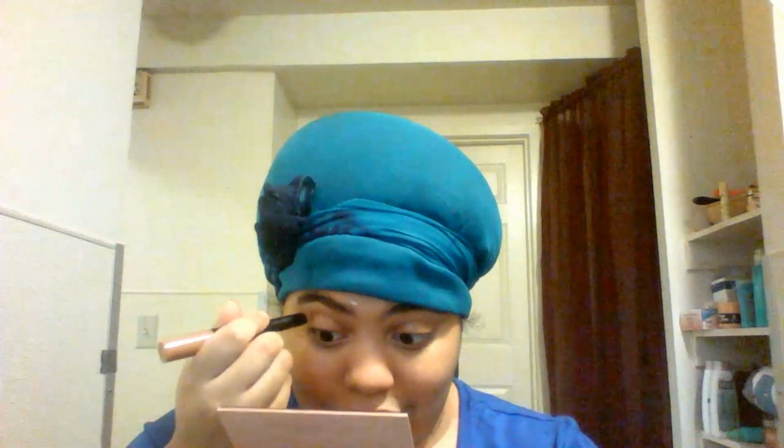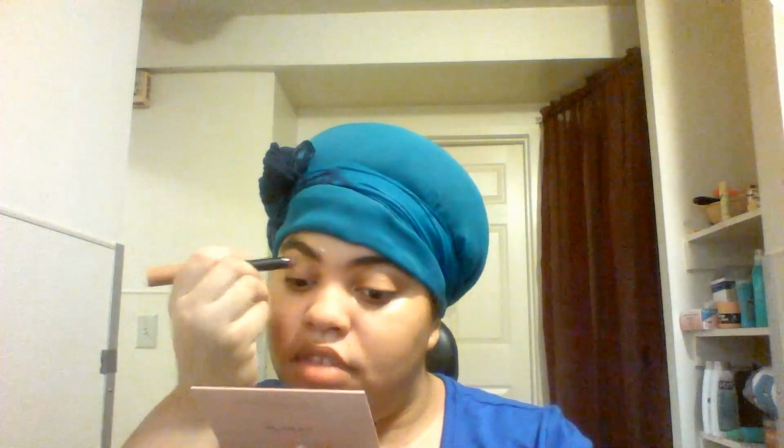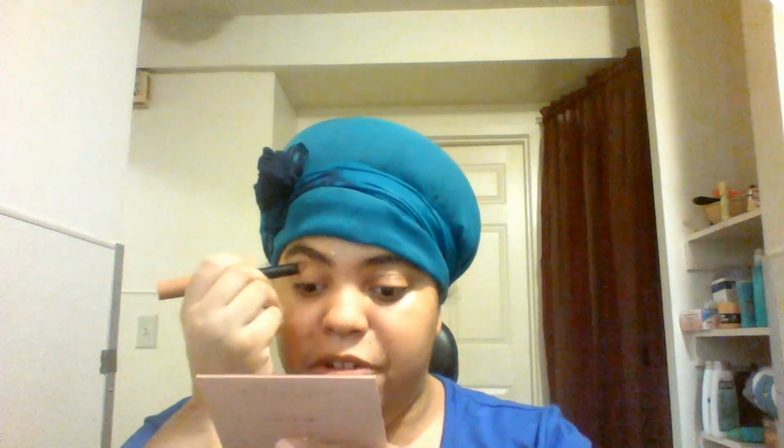So now we're going to go back to the concealer to use this as a primer for my eyelids. Sometimes I don't think it's worth the money to pay for an eye primer. I noticed that a lot of the beauty gurus use the P. Louise base as an eye primer. I always see Nikki tutorials using the P. Louise base as an eye primer most of the time. And